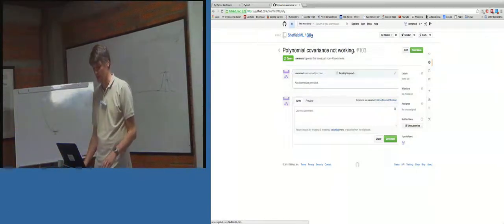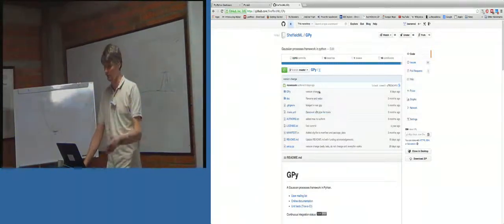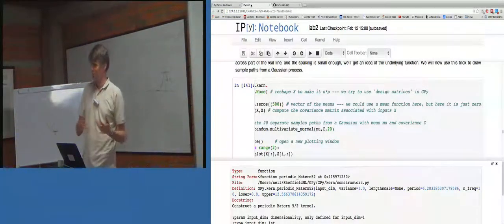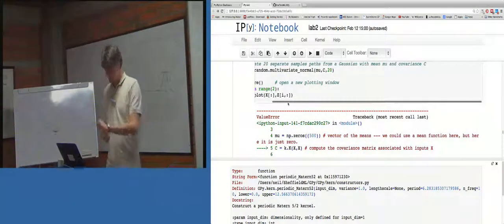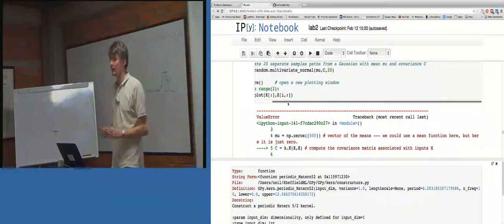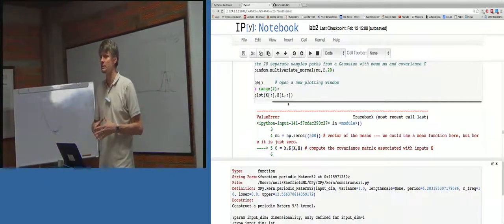So GPy is hosted on GitHub. GitHub provides all the facilities for checking in code. You can fork it. You can do things with it as you like. So that was good. That was a demonstration of software in practice. Okay, right. So what I think we'll do now is we'll take a break for maybe 10 minutes,